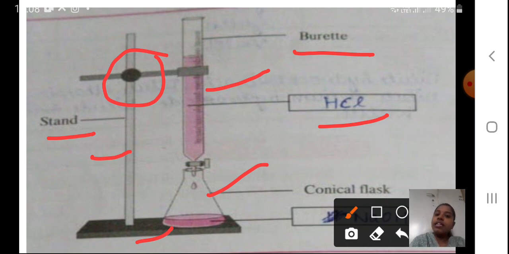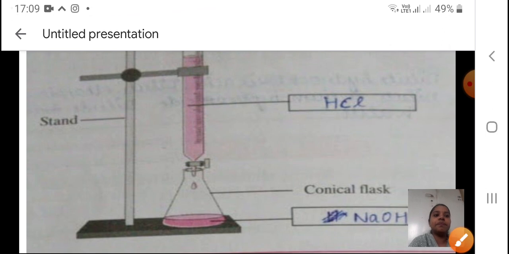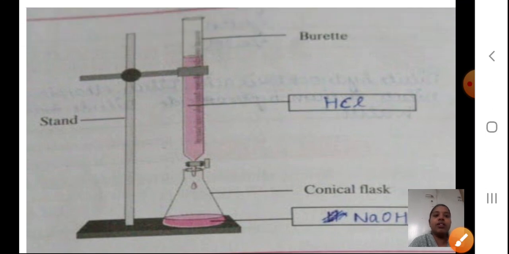Okay students, I hope you understood what a burette is. It is nothing but a glass tube, and the numbering is given on it. It can be a 50 ml burette, it can be a 100 ml burette. A conical flask, you have already seen in the lab how it looks. A pipette is also like a glass tube only, which we use here to measure the solution. Now we will proceed. I hope the diagram is clear to you.